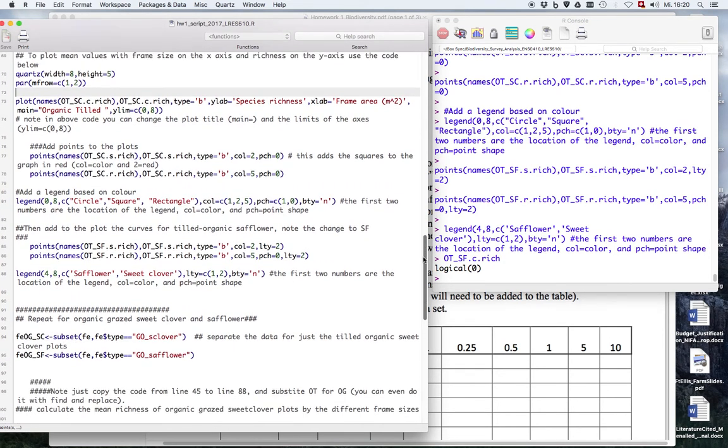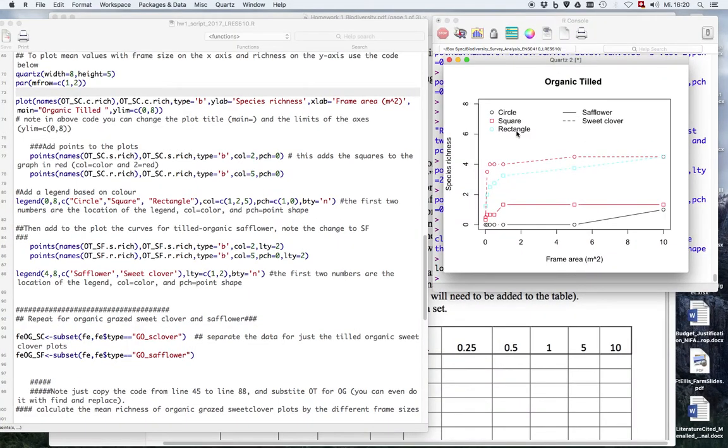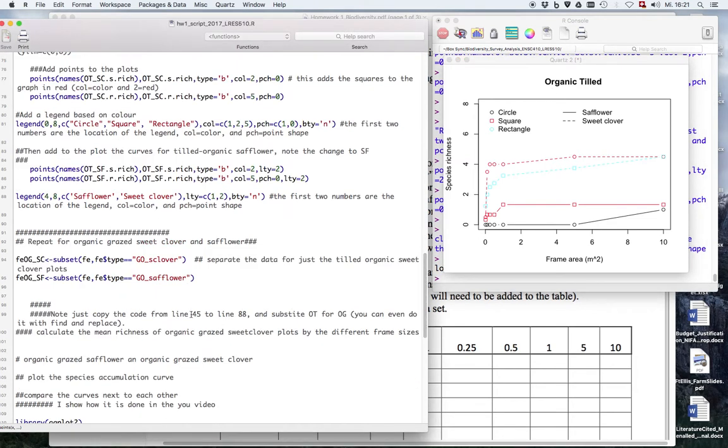So that was the graphic window for the organic tilled plots. And you'll remember we also sampled in the organic grazed, and we would like to compare those side by side. So basically, we're asking you to develop that code yourself. Here's the trick, and I put the note in here. Basically, if you just copy lines 45 to 88 up here, you can take that code and just substitute OT for OG, because here we're